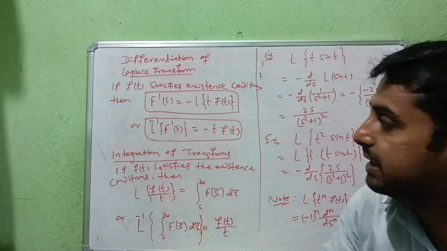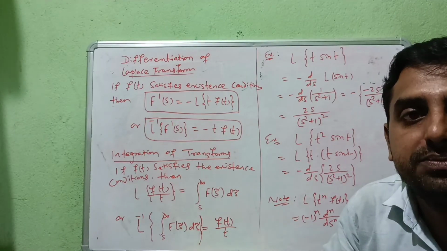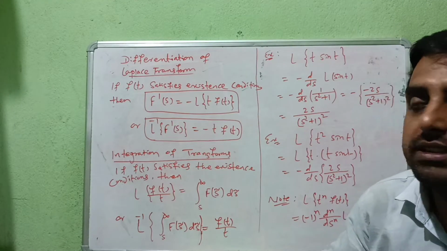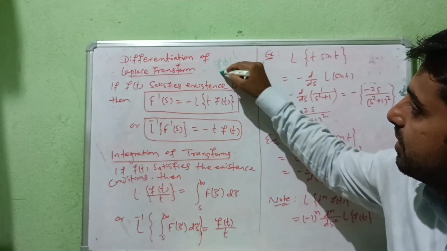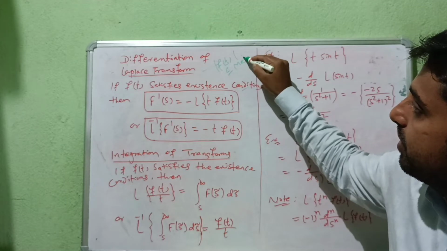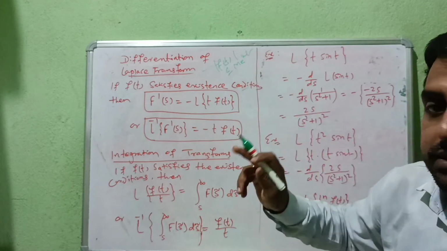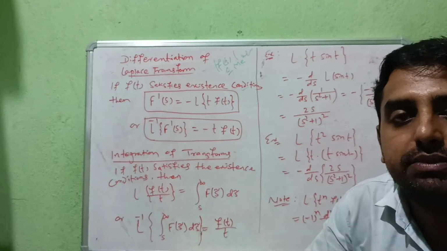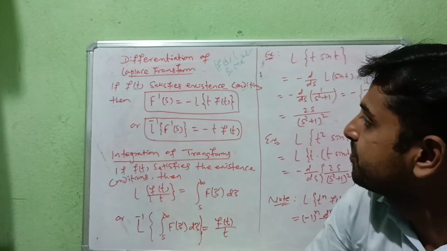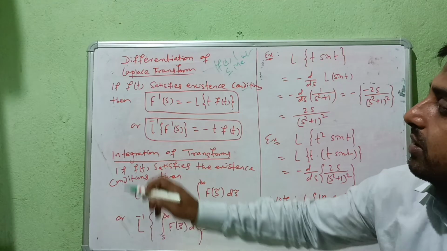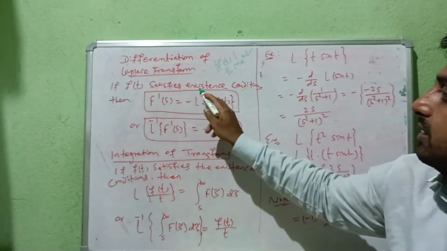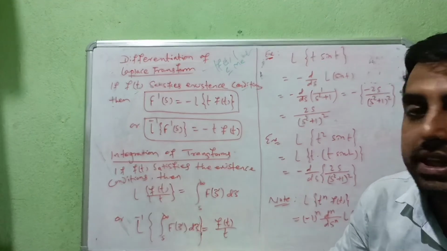Next, it must satisfy the growth restriction. What is the growth restriction? That is mod of f of t less than or equal to M into e to the power kt. In the previous lecture we have already discussed it, and if your function f of t satisfies the existence conditions, then